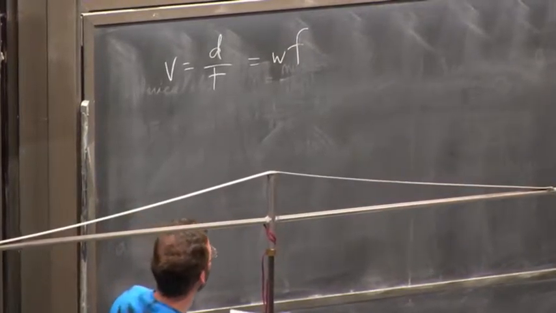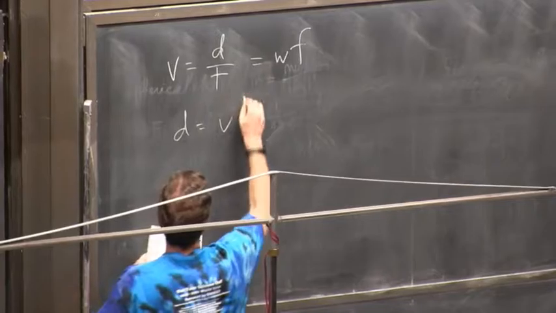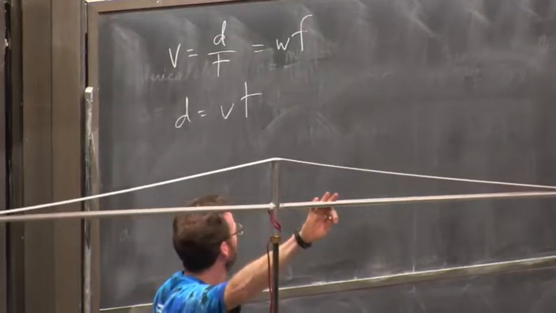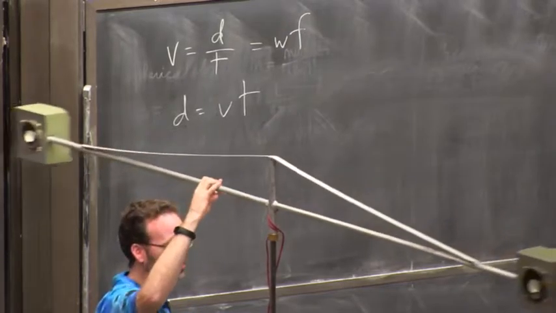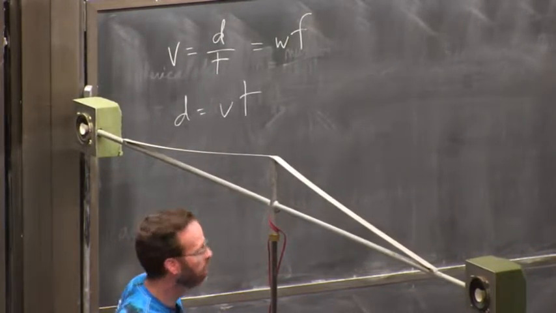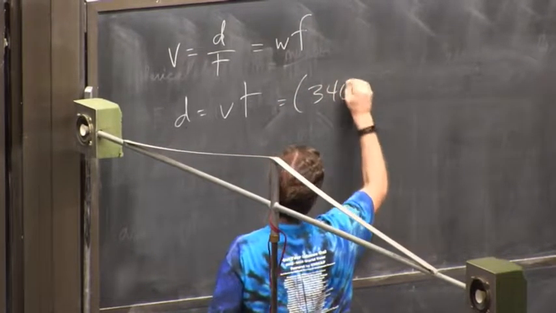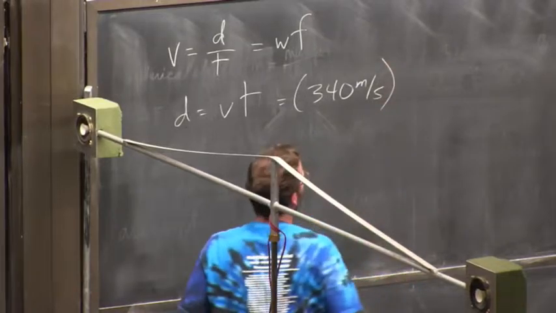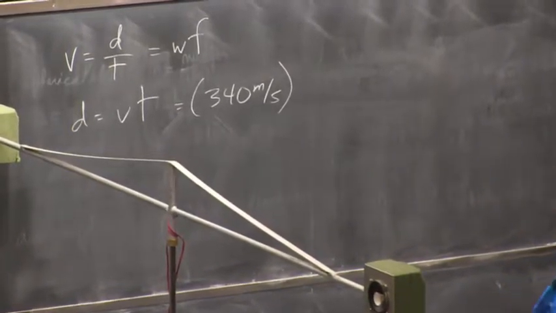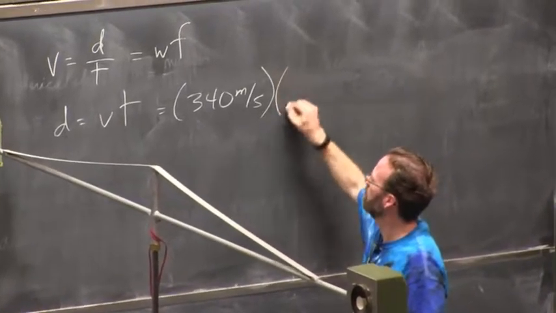So yeah, if you want to know how far away it is, you can still go back to how we did it before. Does this help any or make it worse? 340 meters per second, we'll say, the speed of sound at room temperature. It's probably a little cooler in a rainstorm, but not always. Yeah, and if it takes 1 second,